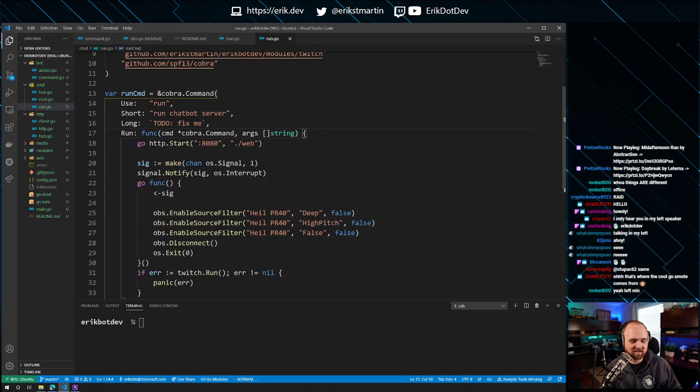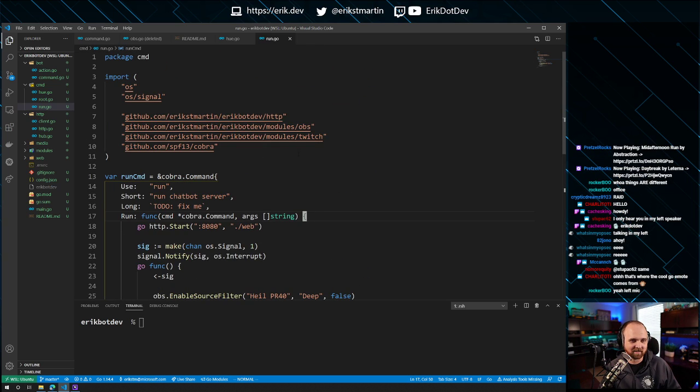So we just did a little bit of refactoring, and one of the things I want to work on today is I want to get our browser source